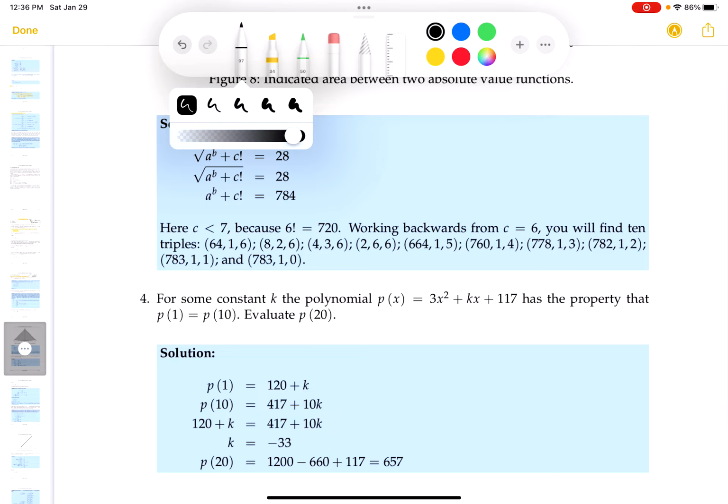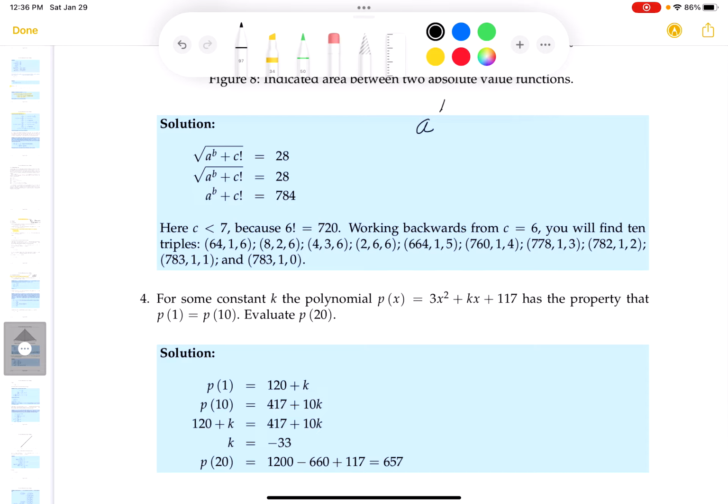Now, granted, I'm not going to talk about all the details, but if I were on a competitive exam, what I would be doing first is squaring both sides. Someone says, why would you do that? The radical looks really tough for me to handle. So what would I do here? I get a to the b plus c factorial